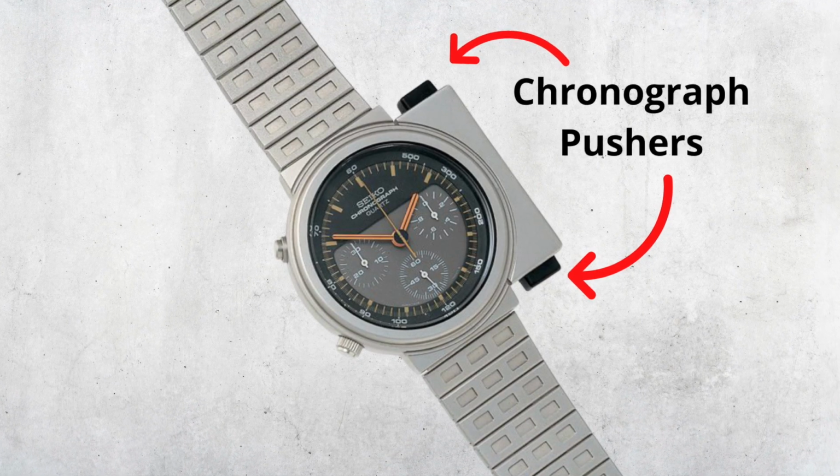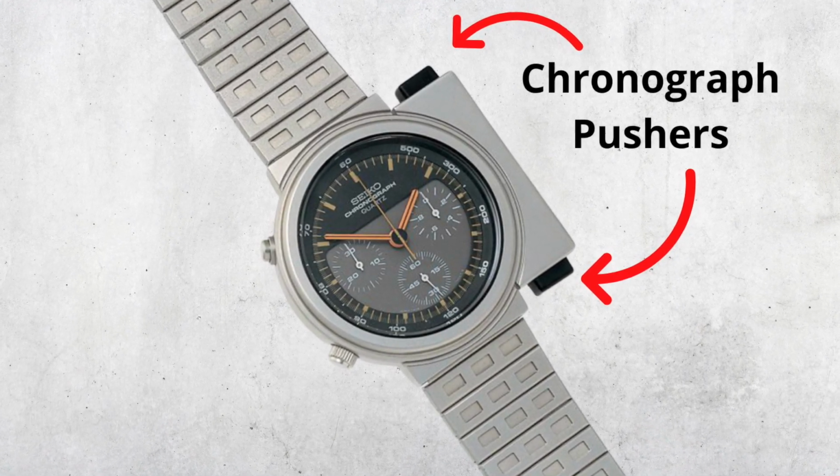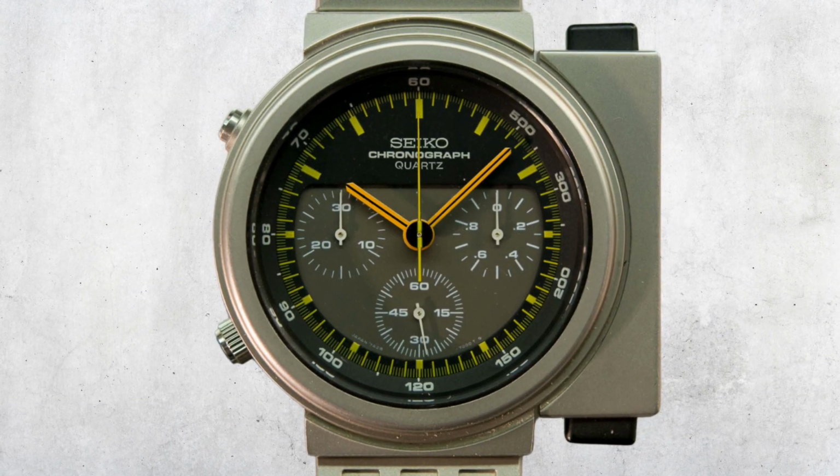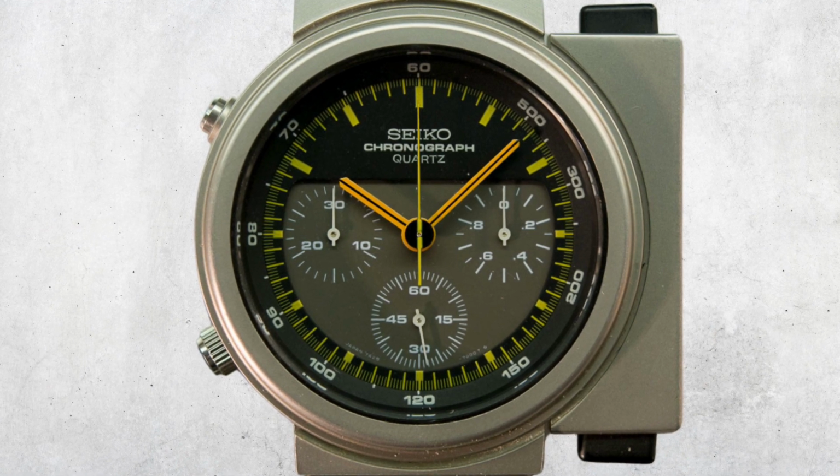Anyways, the watch has this massive bar on one side which contains 2 black pushers for the chronograph function. The case is 43mm, made of stainless steel, and uses a quartz Seiko movement inside. Unfortunately, I wasn't able to find any of these original watches for sale at the time of this video, but